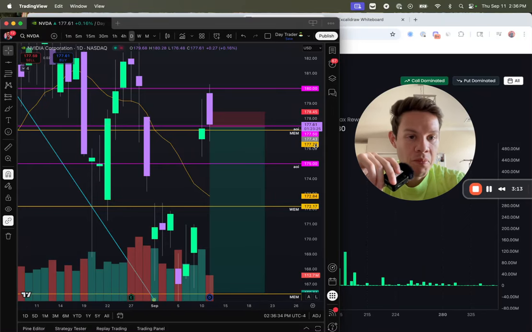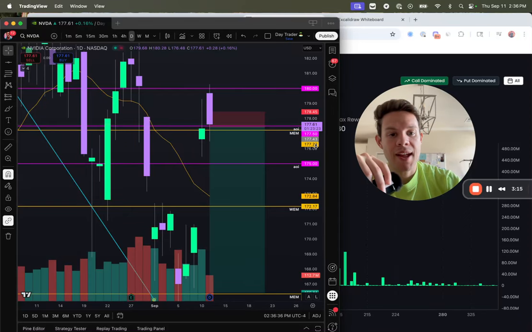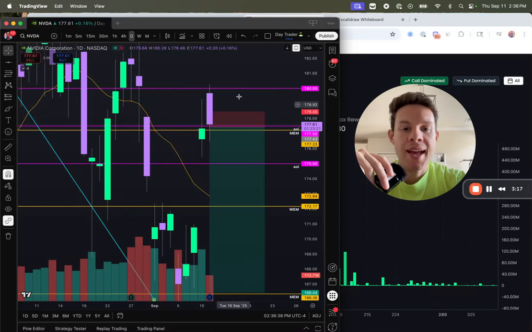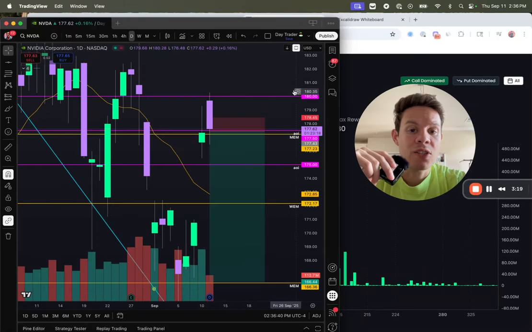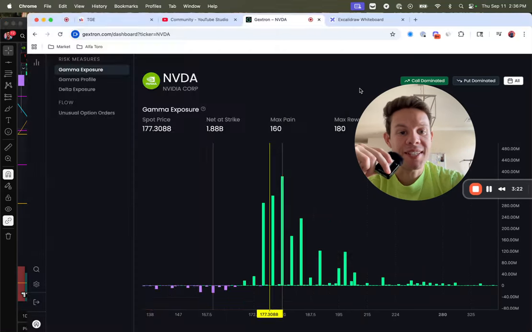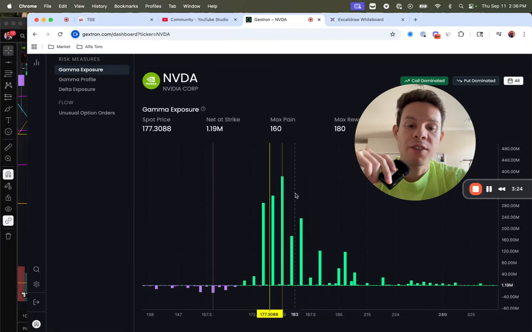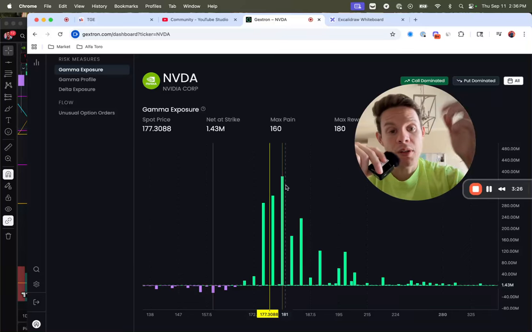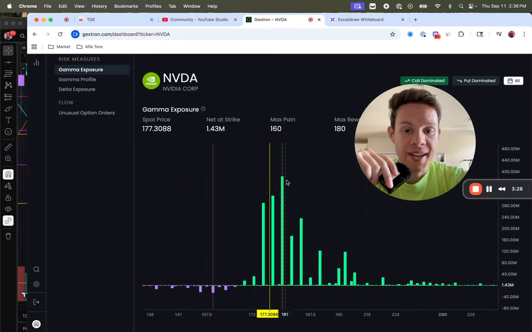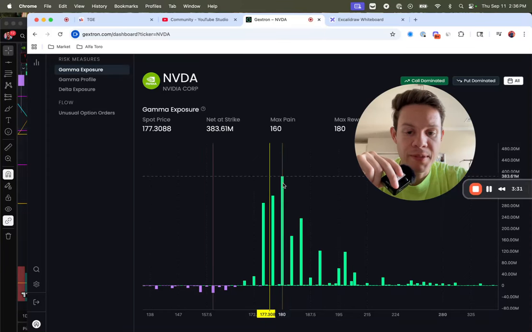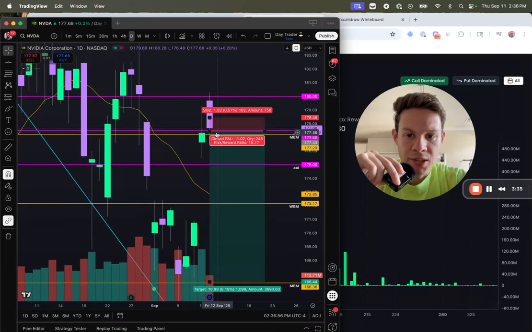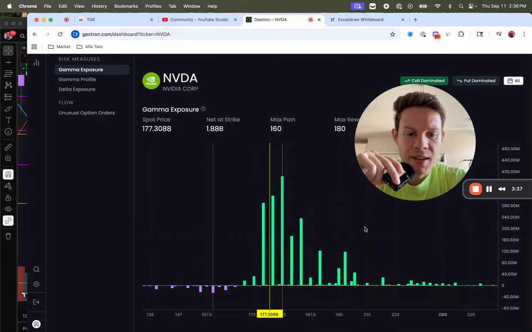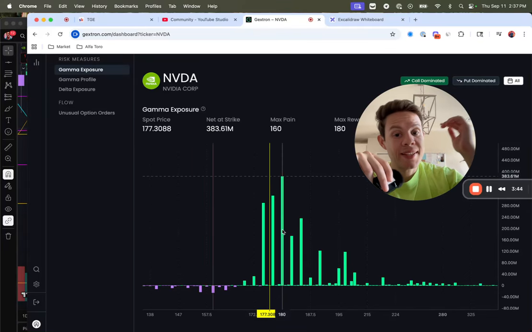This morning, CPI data came out, everything just popped, and it hit the max reward area, the biggest level of resistance, which Gextron has been telling us for a long time because it's always forward looking. So there's no need for guessing. Gextron has shown us here where it was yesterday. This at 177.5, 175, but we're above it, and 180 are the biggest levels of resistance.